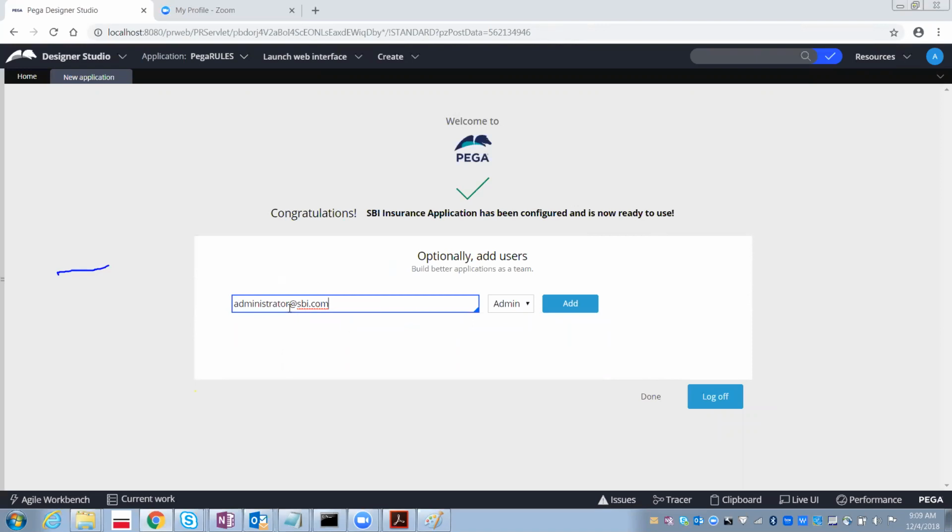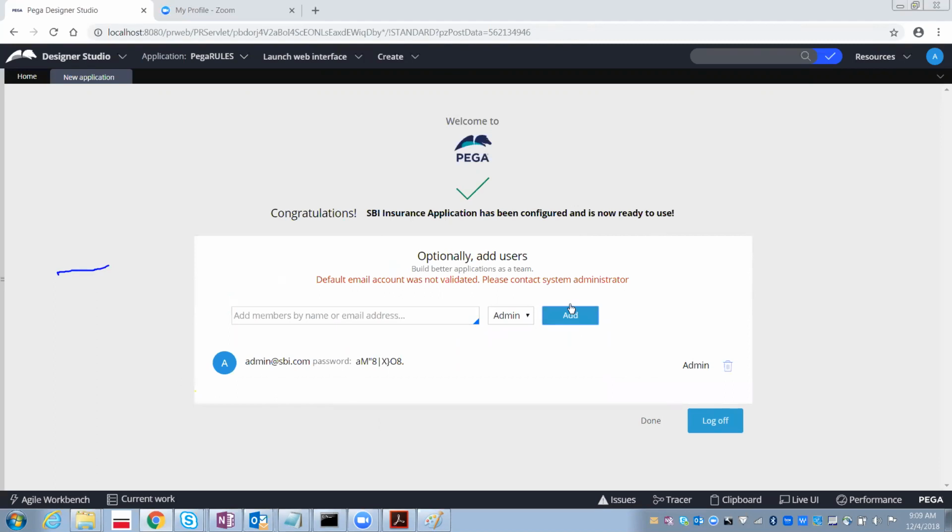In case you feel this is very big, you can just give admin at sbi.com. Do you want this operator to act as an admin for the SBI application, or as an author? Author means he will not have full control on the application. So just select admin and then add it.